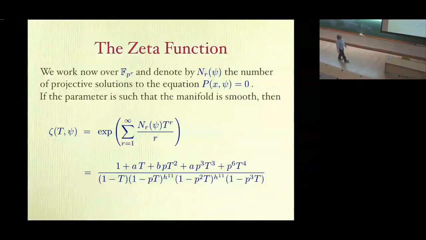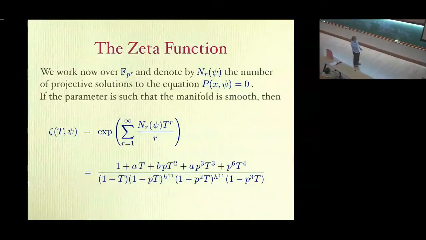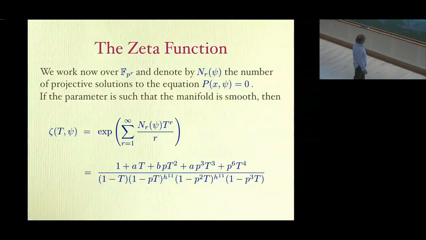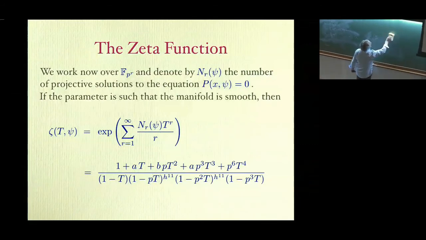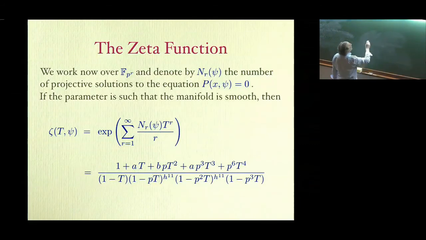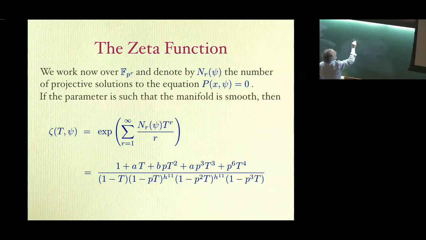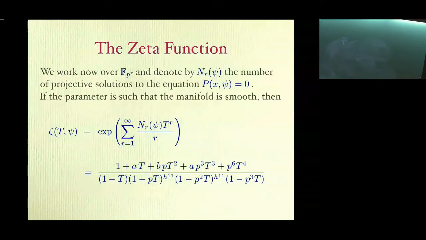Okay, so let's get on to this. We've got a way now of calculating the numbers of points. In fact, we calculated the number of points over F_p. We could have calculated the number of points by an extension. We could have calculated the number of points over the field with p to the k elements for each k. Well, at least for the first few values of k. Let's call the number of points over F_p to the k, let's call it N_k. It depends implicitly on the parameter, which I'm calling r in the slide.